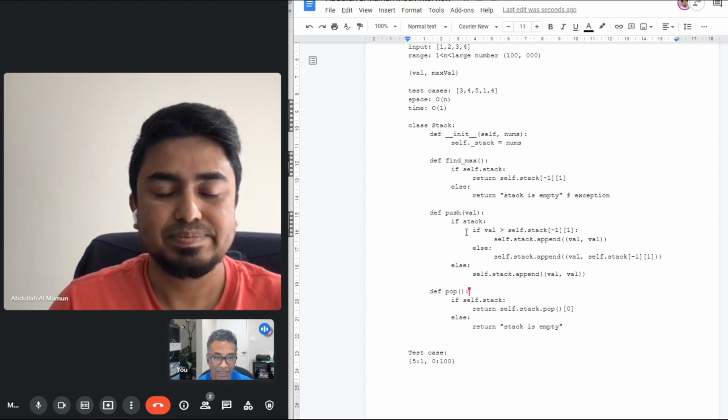All right, so the next one is push. Yeah, I think you have written a pretty clean code here. One optimization you could have done here, instead of using all those if else, probably you can just write something like